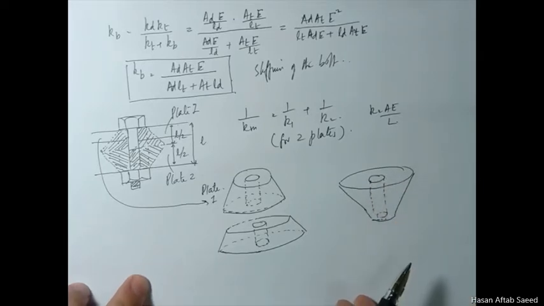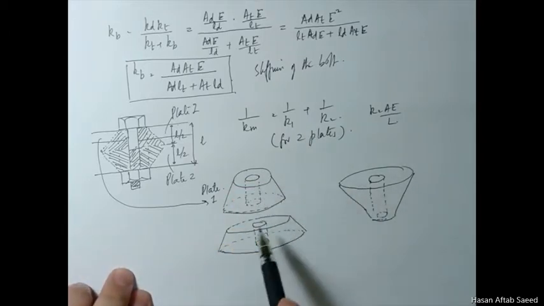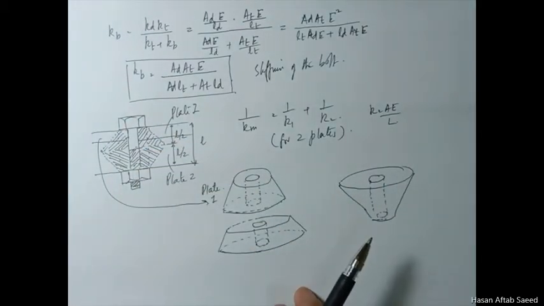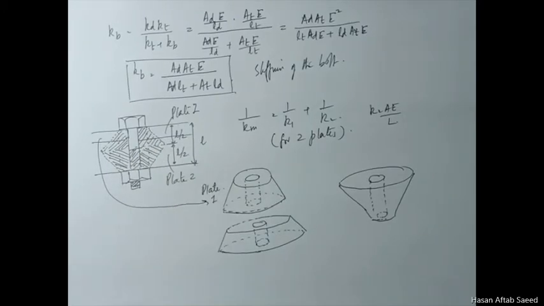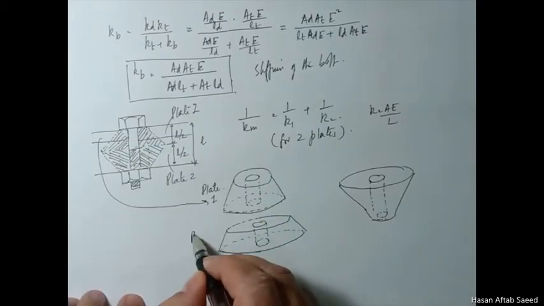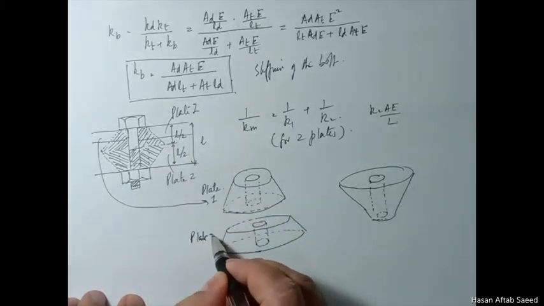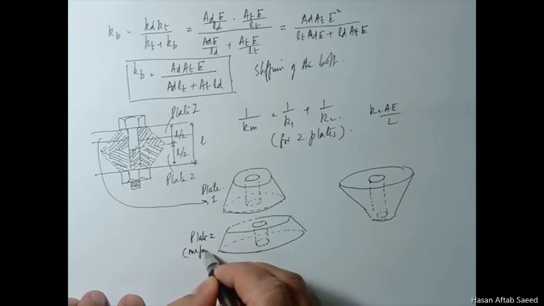Something like this. So you have to actually cater for all these if you are going to evaluate the stiffness of this joint. Now let's take plate 1 first. This is plate 1, this is plate 2, one part,